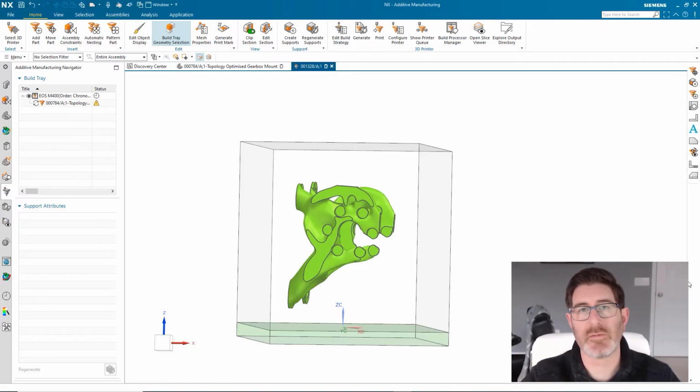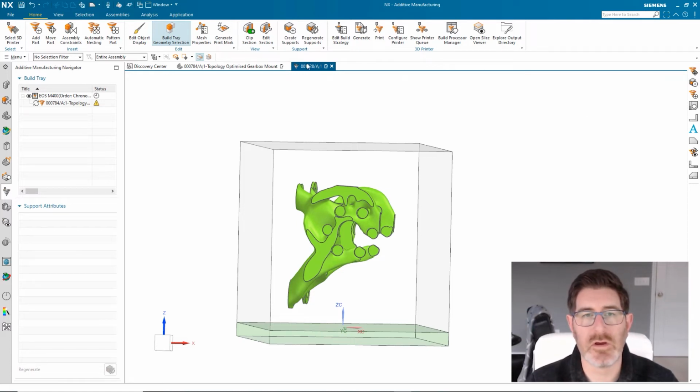So I'm going to go ahead and invoke this system. It's going to go run and do about 100 different orientations, and it's going to come back with an orientation for me. And then we'll do a few more things to it and get it set up for printing. So I'll be back in just a minute. So the system has come back, the AM Build Optimizer has come back, and it's given me this orientation as the orientation that it believes will give me the least amount of distortion.